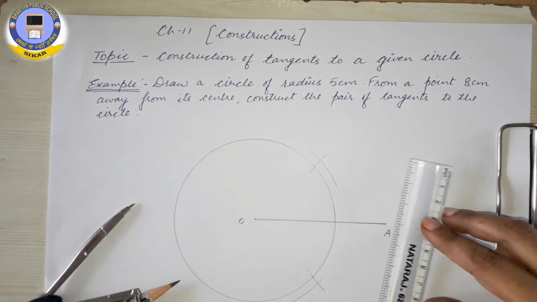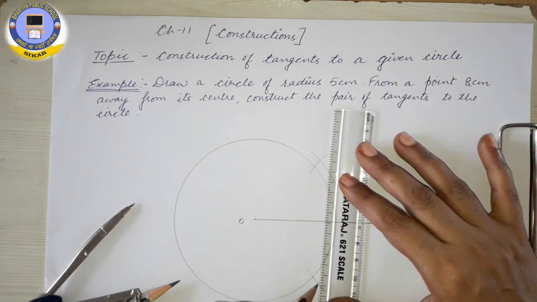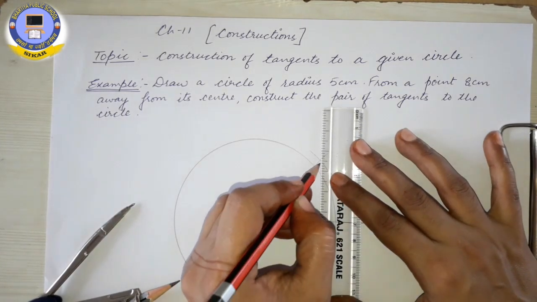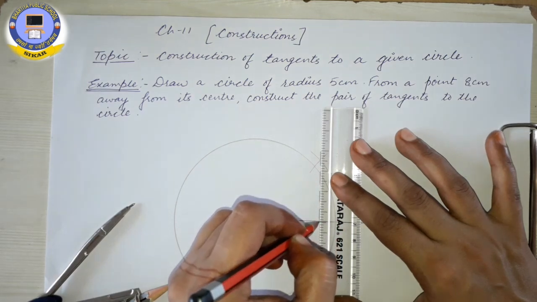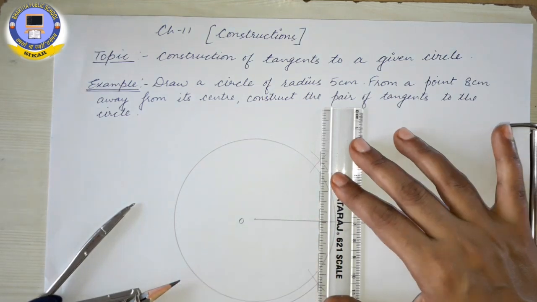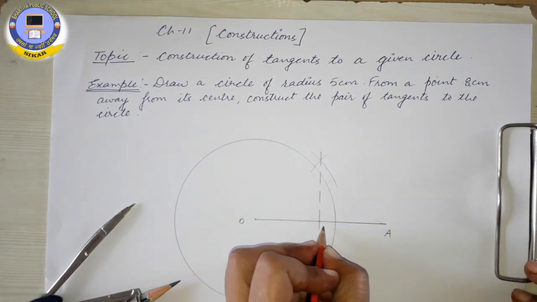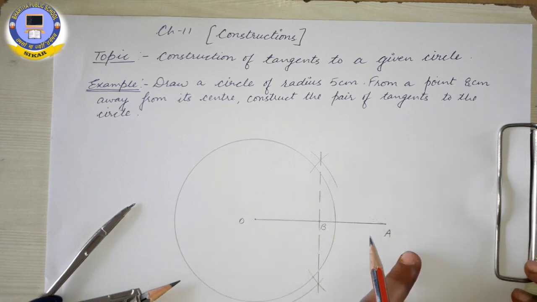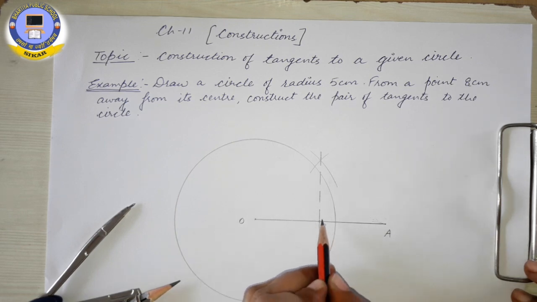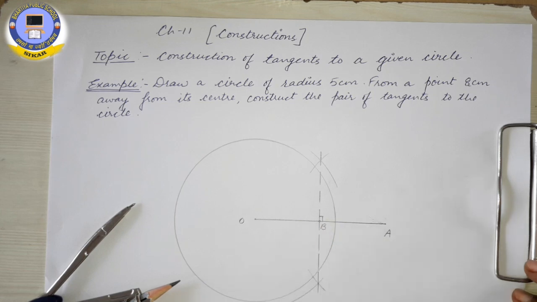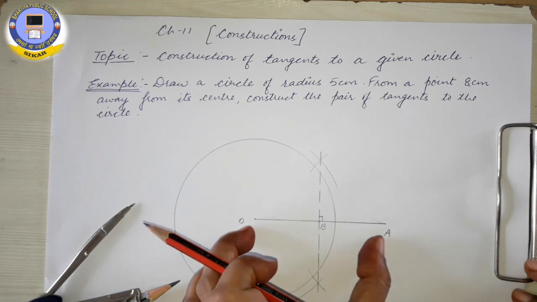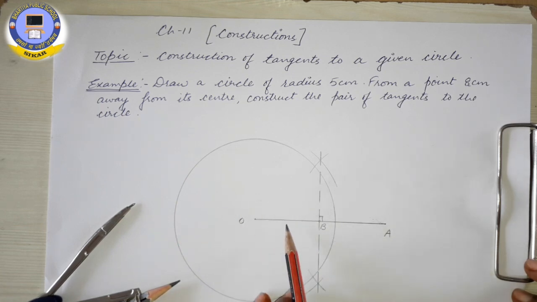Now join these arcs with the help of dotted lines, and we will get the perpendicular bisector of OA. This point will be the midpoint of OA, and this angle is also a right angle. That's why it is known as the perpendicular bisector. It bisects the line, meaning dividing it into two equal parts, as well as making an angle of 90 degrees on it.